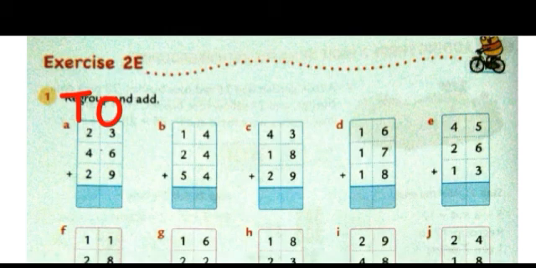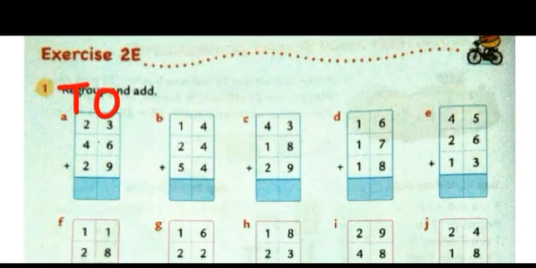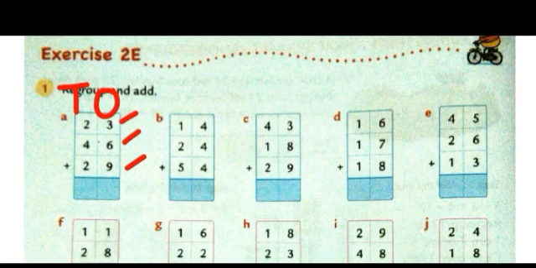What does the first step say? Add the ones. So we need to start adding from the ones. So just see the numbers that are given here in ones column. 3, 6, 9. Scholars, you can count on your fingers also, or you can use a number strip to count.